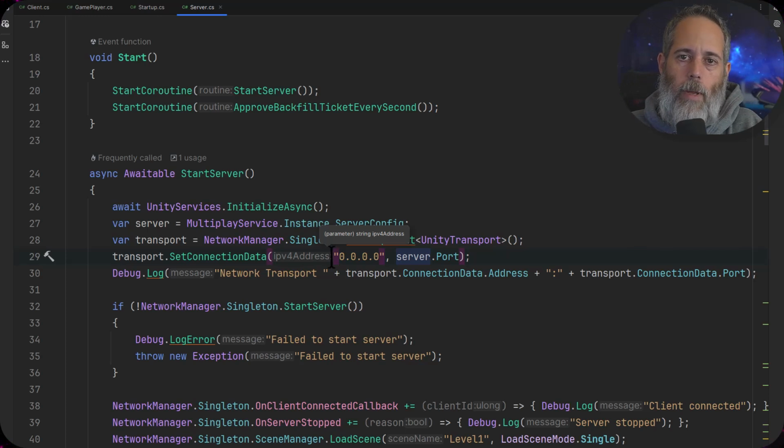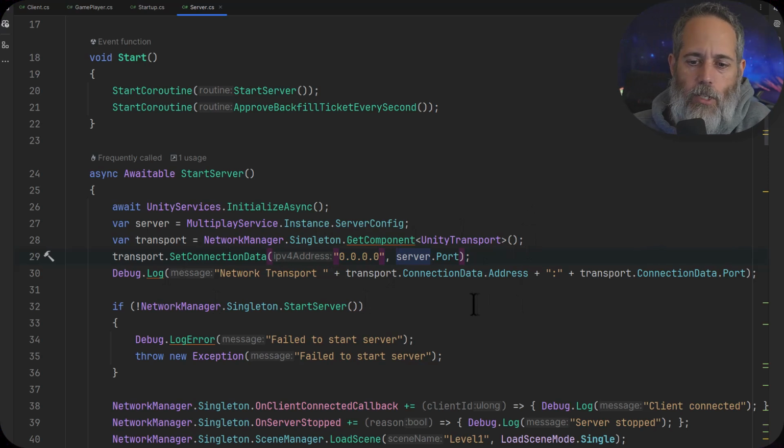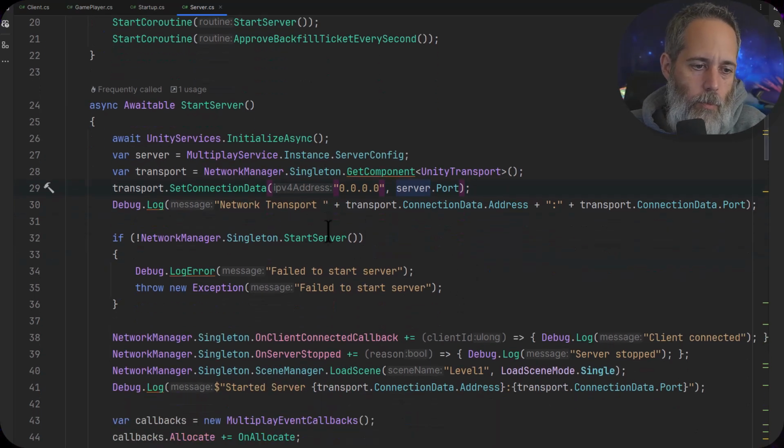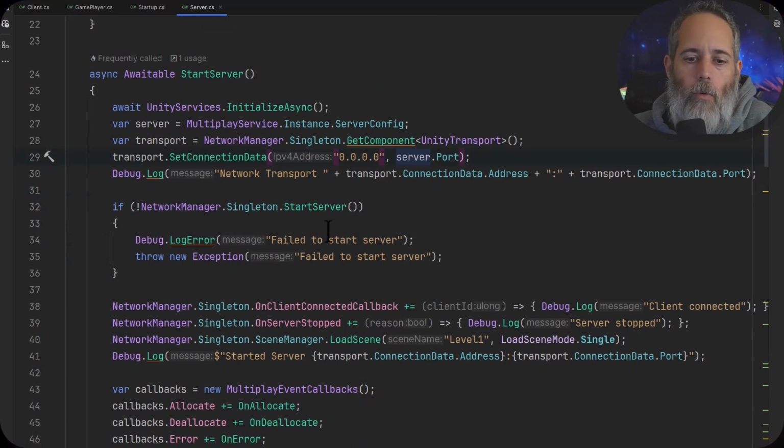The 0 will make it bind to the local internal IP, and then it's going to use that other IP as the external one that it's going to connect to after it gets routed through however it's getting routed on the server side. After that, I just log out a line for what our transport stuff is so that we can look at that in our debug log and see what it was. You don't really need it again. Most of the extra stuff here is just extra logs so you can kind of see the process and flow